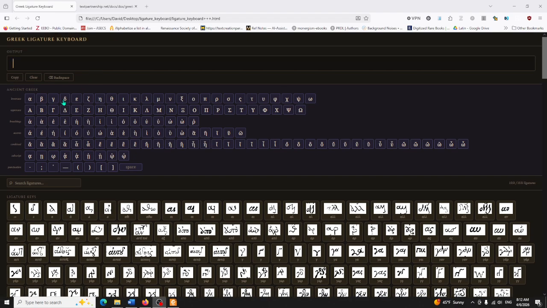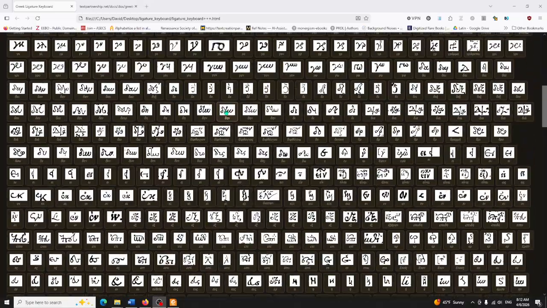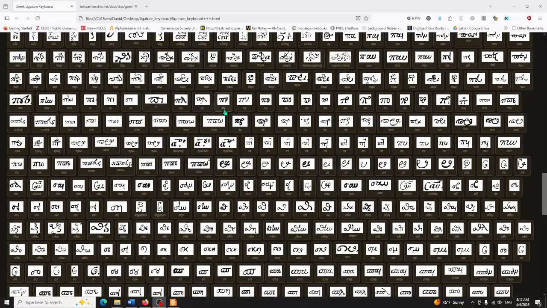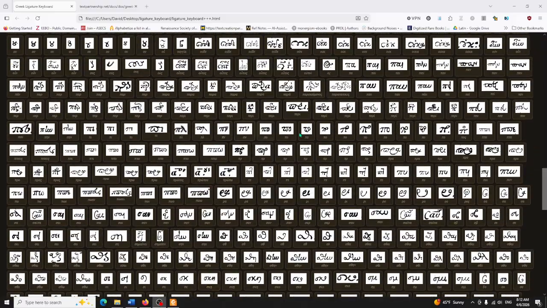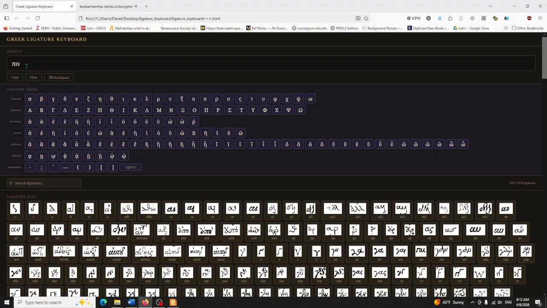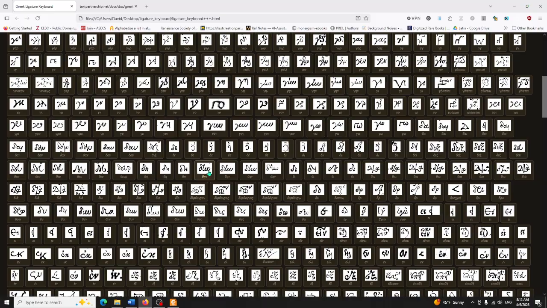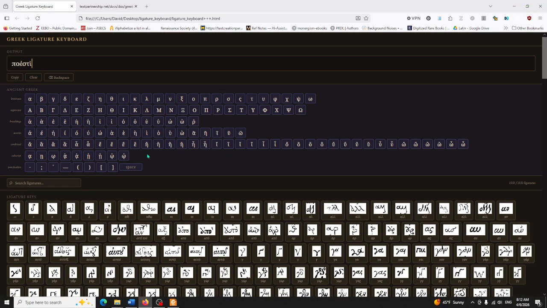What you do is you go ahead and you have your regular Greek letters here, the ones with the accents and the breathing marks, so you can build your words, and then you'll go down to the actual keyboard. And all these ligatures are buttons in the HTML. So say you just choose this one, well, you'll go back up there and it'll type that in this output bar, and you can kind of build your word that way if you don't know what the ligatures are. And then you can add letters if you needed to add letters, and then you can copy and put that